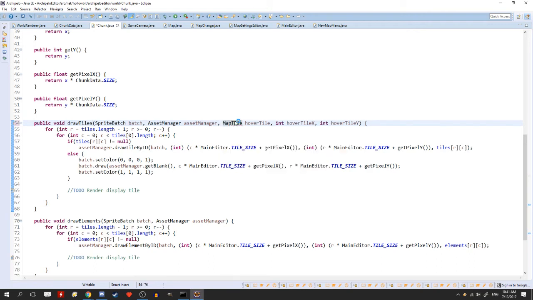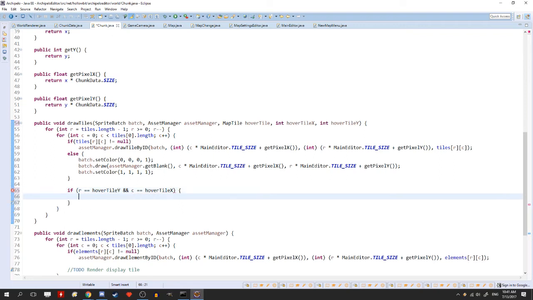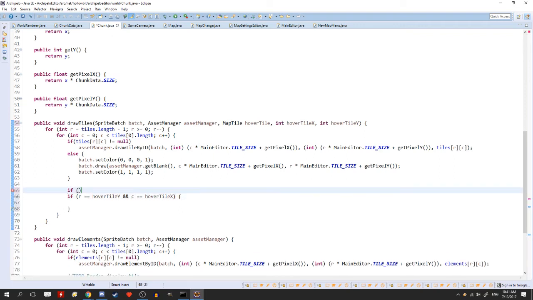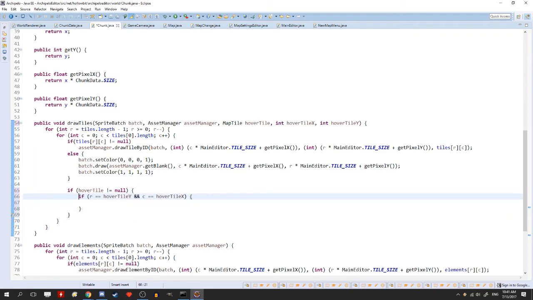For the map tile? Okay. So basically what we do is we do if R is equal to hover tile Y and C is equal to hover tile X. And we need to put a loop condition here. So if hover tile is not equal to null, then we basically just have to render it. So we just do